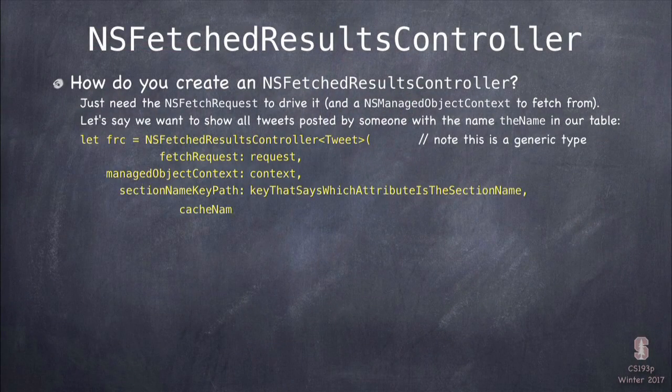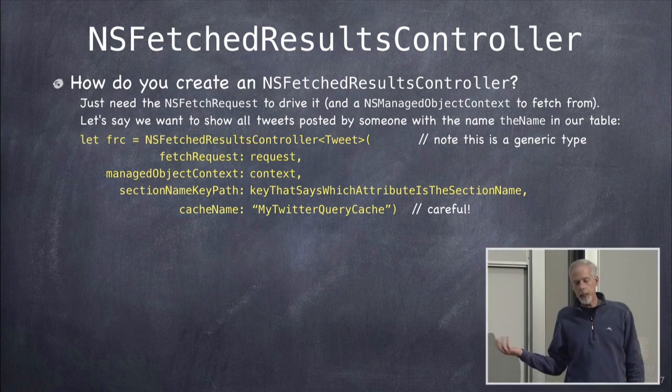Now, on the previous slide, one of the things was var fetchedResultsController equals something. So now let's talk about how we create a fetched results controller. This is what the initializer for NSFetchedResultsController looks like here. It takes a request, a context, obviously, since you've got to know what database we're fetching in. And then it's got a section name key path.